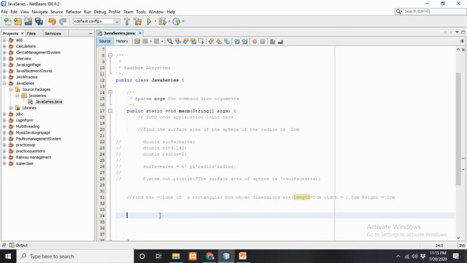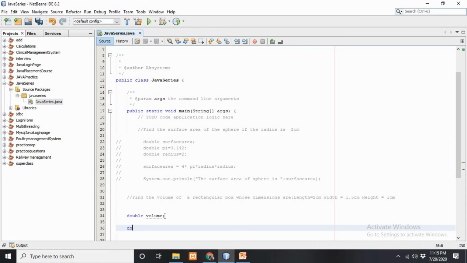So what I am going to create here is the variable that is volume, because we are going to find out the volume of the rectangle. So double volume and semicolon. Just make sure the semicolon is placed at the end of every line wherever you are working. This is the terminator of Java, right?